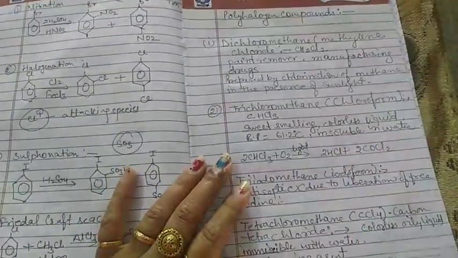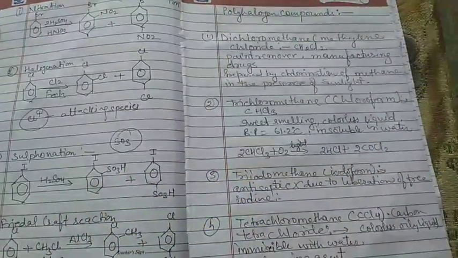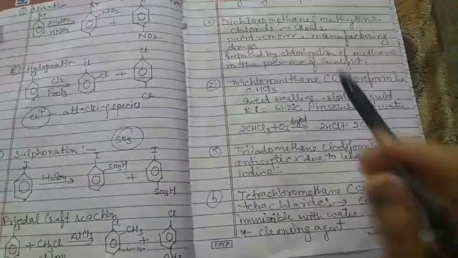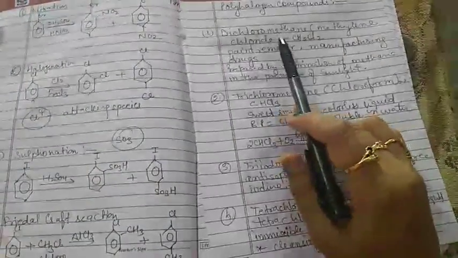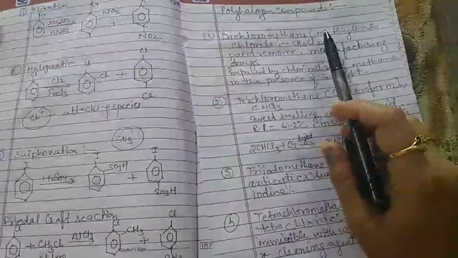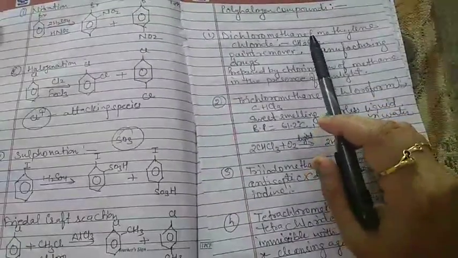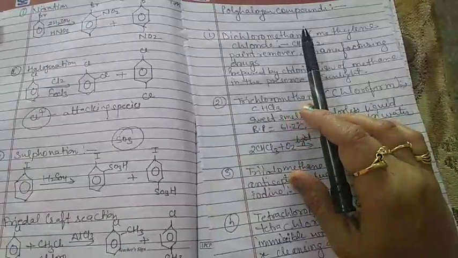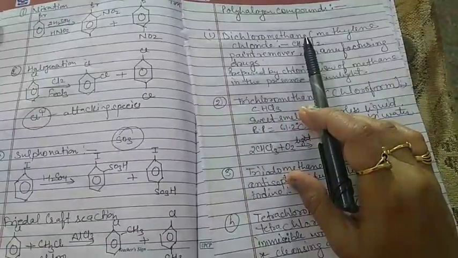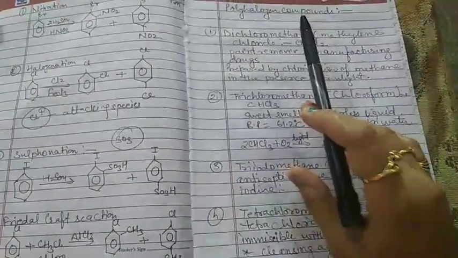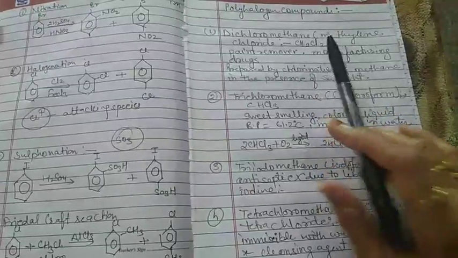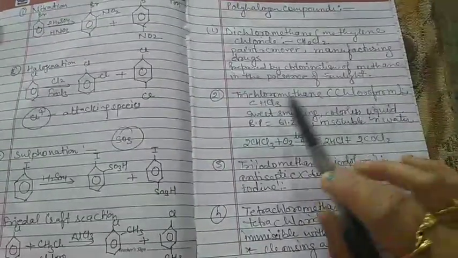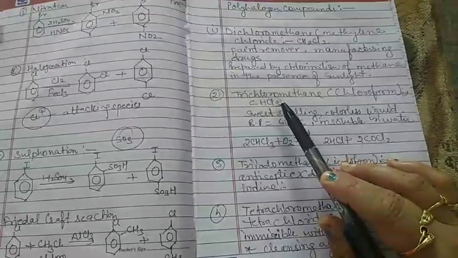It is a liquid at room temperature and a very useful solvent, and acts as a paint remover. Dichloromethane is harmful for both animals as well as plants. It damages the human nervous system, and on direct contact with eyes, it can even burn the cornea and may lead to blindness.